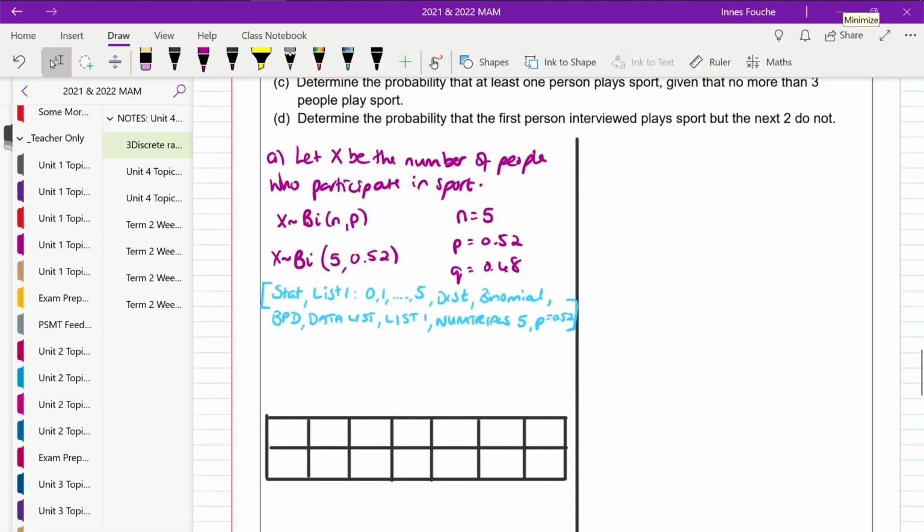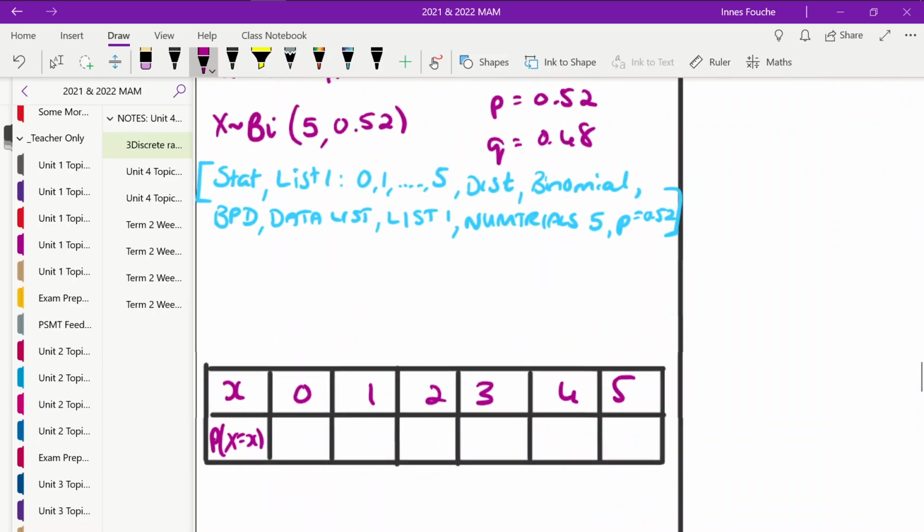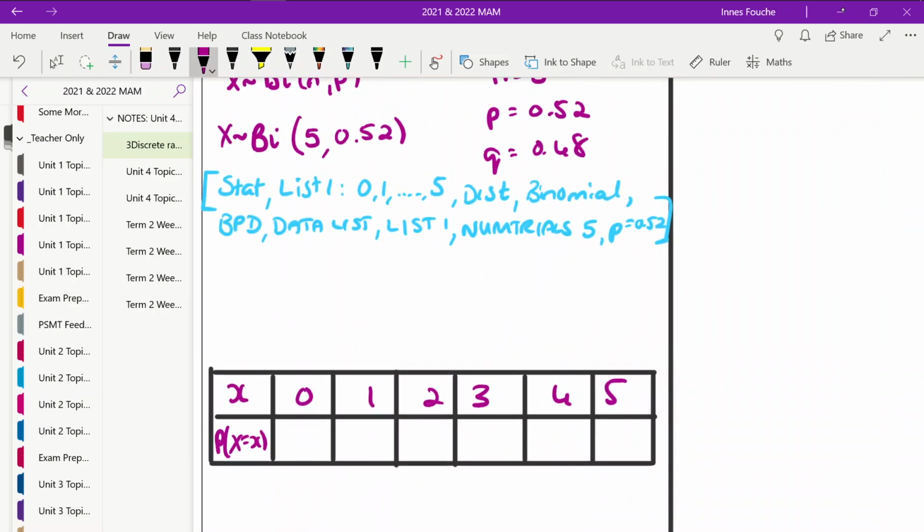So let's put those into our table because this is our probability distribution table. So P of X equaling x, and we've got 0, 1, 2, 3, 4, and 5. And we're going to put our values in from our calculator. Remember, you need to always write from calculator. And we've got